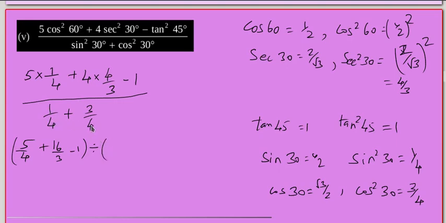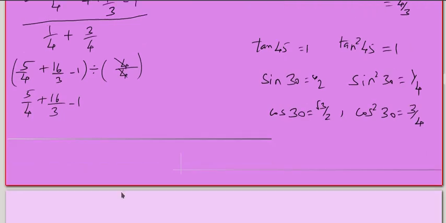And here both are having the same denominator 4, so we can add the numerators. 1 plus 3 becomes 4. Okay, 4 and 4 will get cancelled, 1 only. Dividing by 1 is nothing but the same thing itself. So we will get 5 by 4 plus 16 by 3 minus 1. The denominator we can leave because it becomes 1. For this we have to take LCM now.